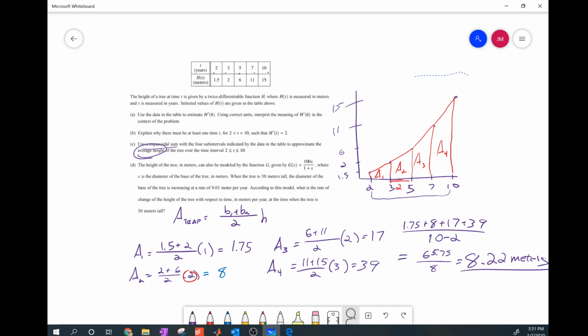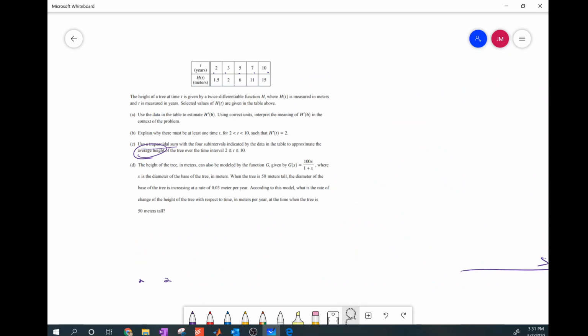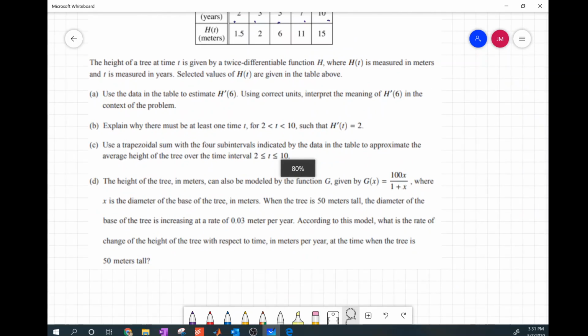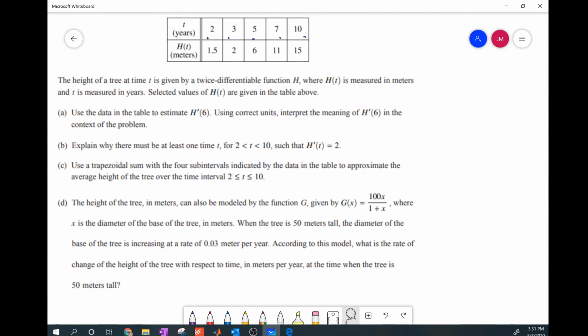Now part D is probably the trickiest question because they throw you a curveball in there, and I don't know if you caught it when I was reading it. So let's read part D again and see if you can hear the tricky part. D: the height of the tree in meters can also be modeled by the function g given by g of x equals 100x over 1 plus x, where x is the diameter of the base of the tree, that's important,